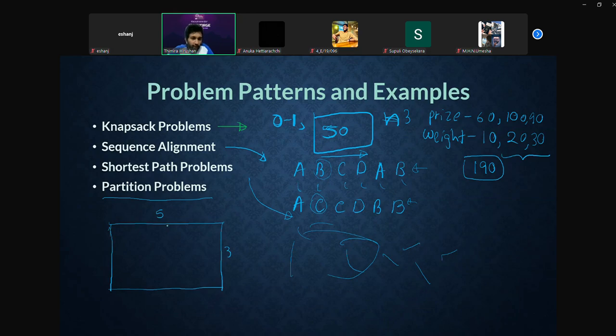I will divide this into 5 and 3. Your task is to divide this rectangle into squares with the minimum number of cuts. You can only cut through these integer lines. You have to cut this into squares. So in this kind of problem,